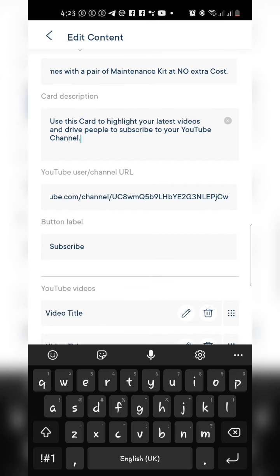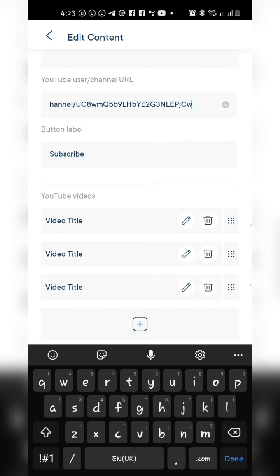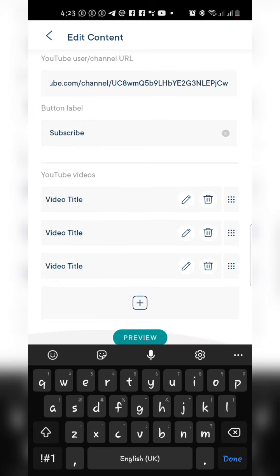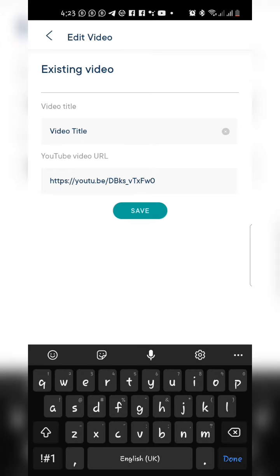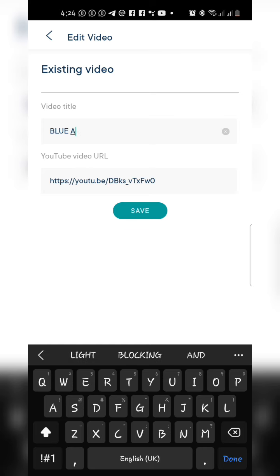Then this is where you add your YouTube channel. Of course, since it's YouTube, I can decide to not even talk about videos. I can decide to use this for another thing. I'm sure this one is for YouTube, right? But I can decide to use it for any other thing. So let's say we have, let's use blue antique denim